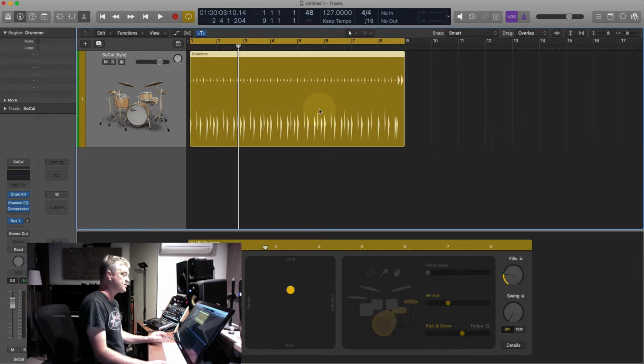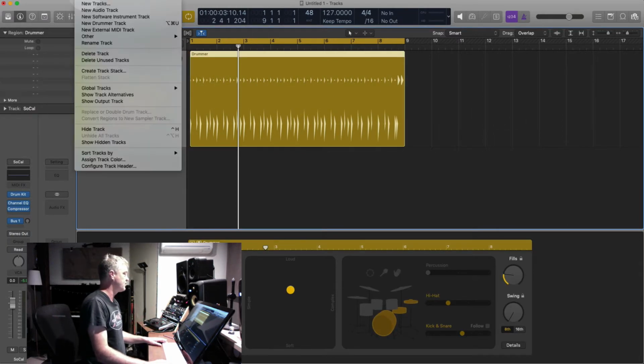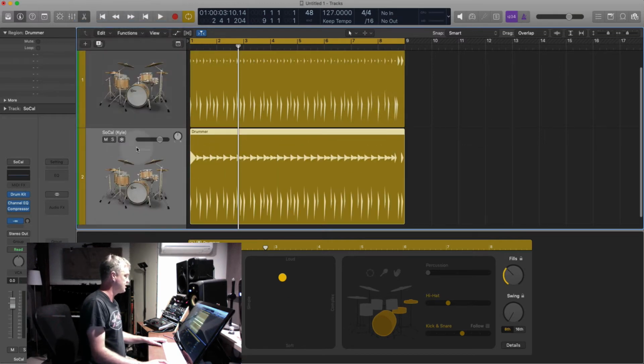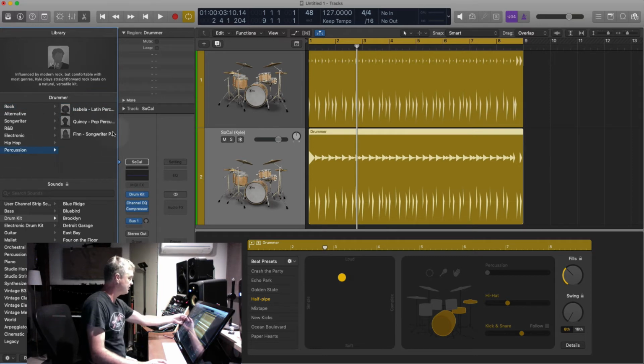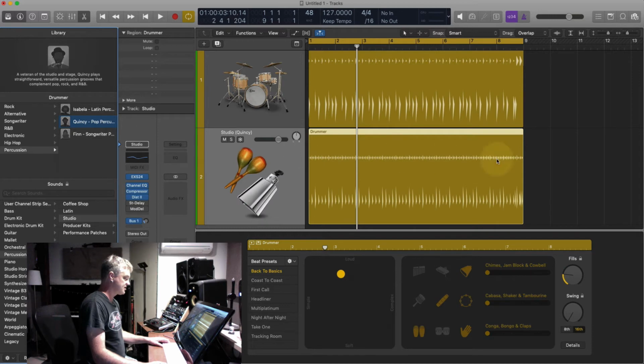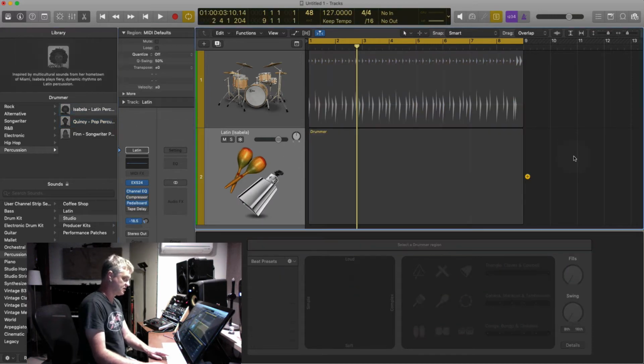remember drum tracks don't have to be just drummers. You can choose to open up another drummer track underneath. And over here, I'll change it to percussion and choose one of the percussion players. So this guy here, I'll just solo it. This guy here plays